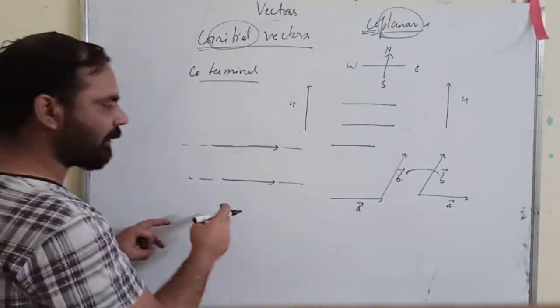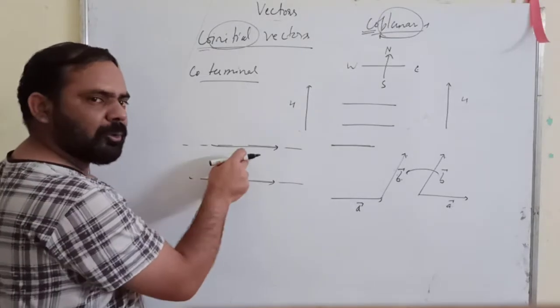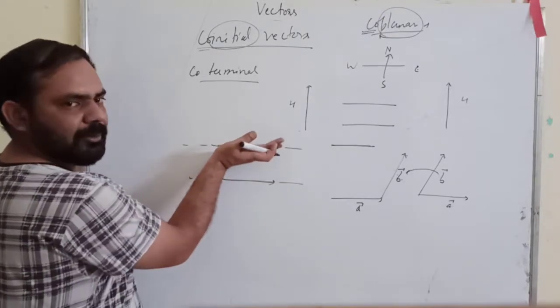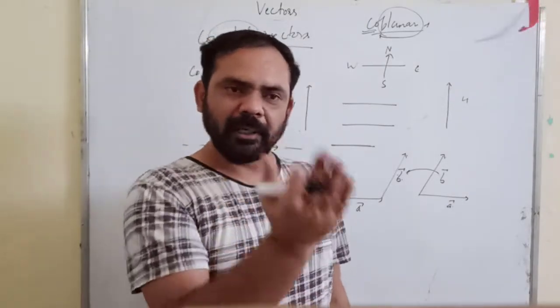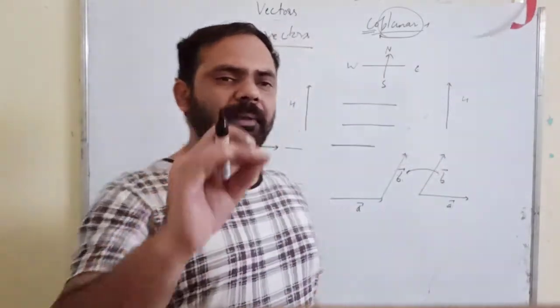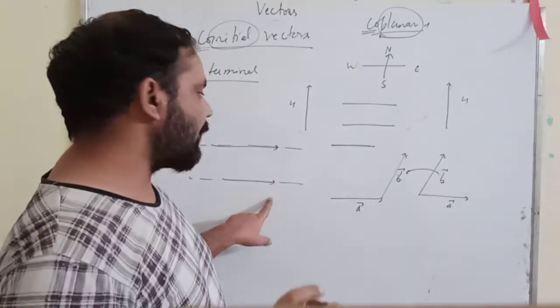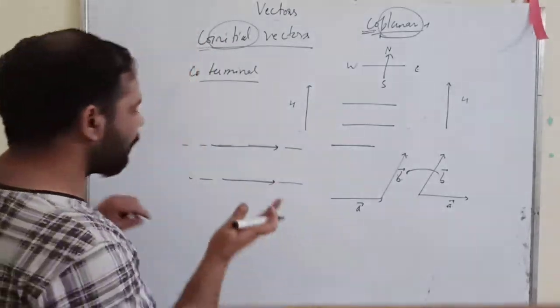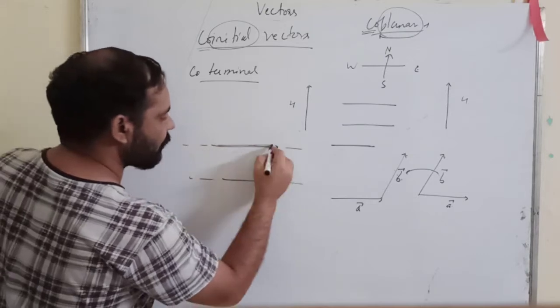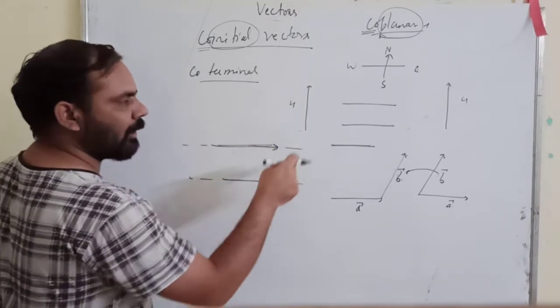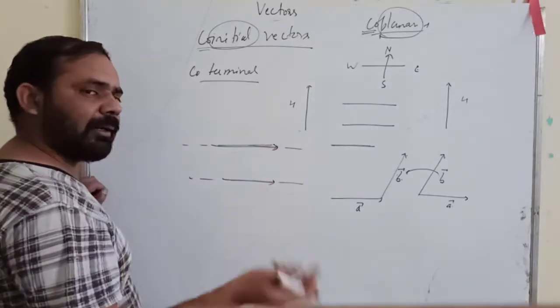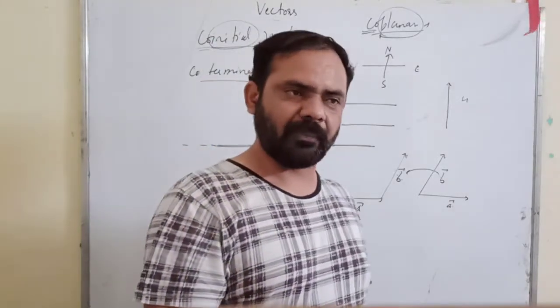But in case of vectors, the parallel vectors are also collinear because you can always shift the vectors. This is a particular quality of vectors. You can always shift the vector. The only thing you will have to understand is you cannot change the direction and magnitude of the vector. So you can always bring this vector here. So are they collinear now? Yes. So in case of vectors, you can say that parallel vectors are also collinear vectors. Are you getting my point?